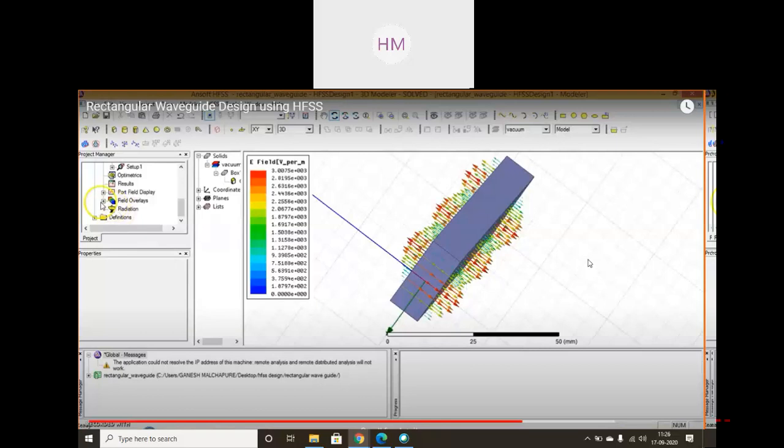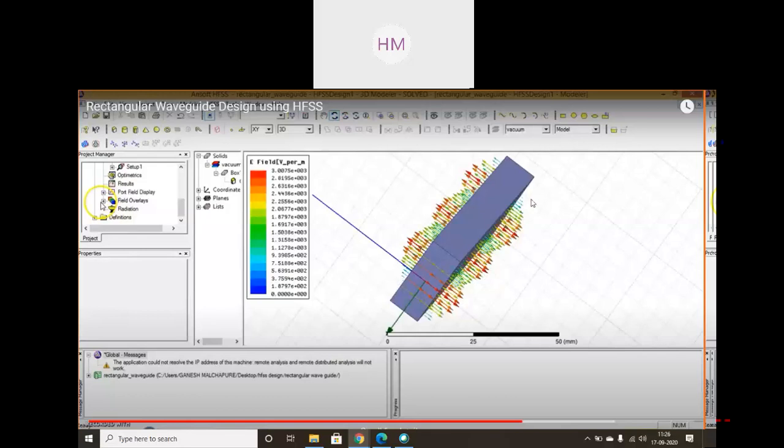It's going up on the top surface, going down on the bottom surface, and at the center the intensity is highest. You can see the levels of intensity of E field in volt per meter. This is the highest field, and then the field is reducing. This is the intensity graph bar.